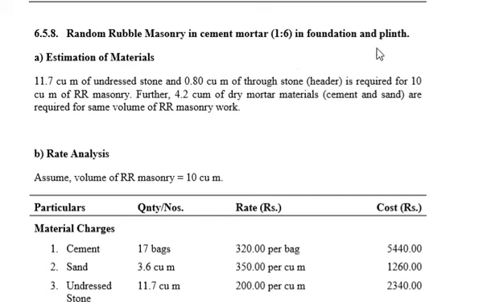So the total material and labor cost will be 13150. Additional 1% for water charges, 197 rupees. Additional 10% for contractor profit, 1315. Grand total 14667.83. So the rate per square meter will be 146 in Indian rupees.